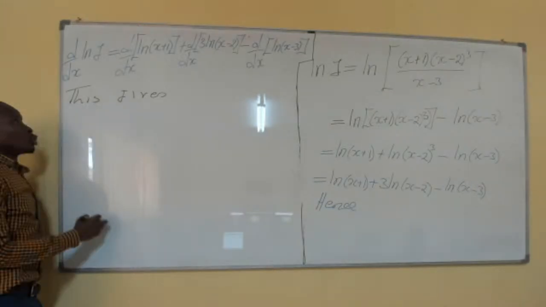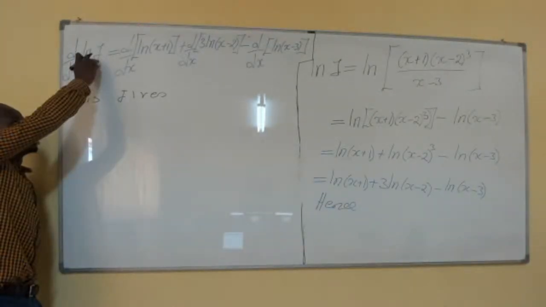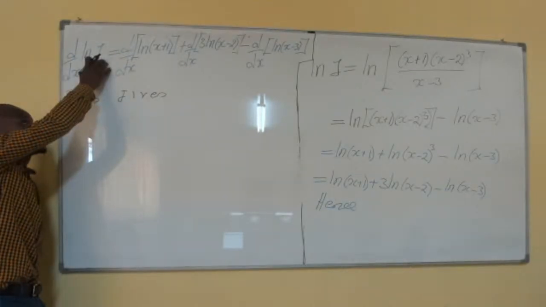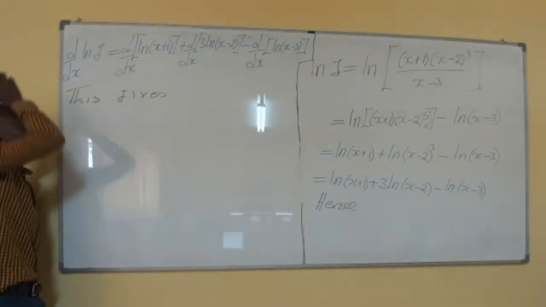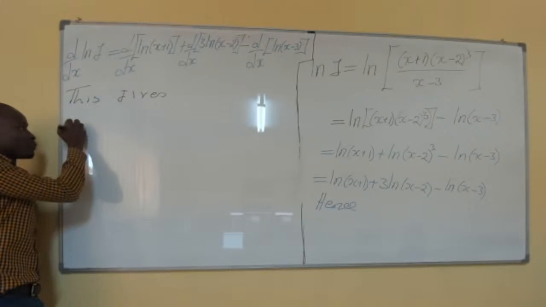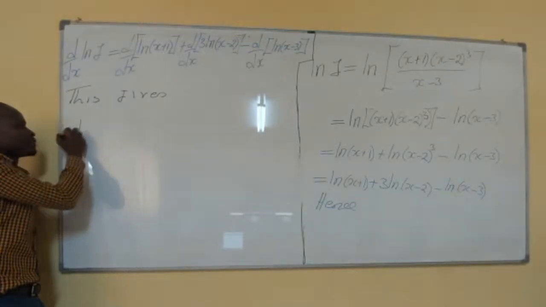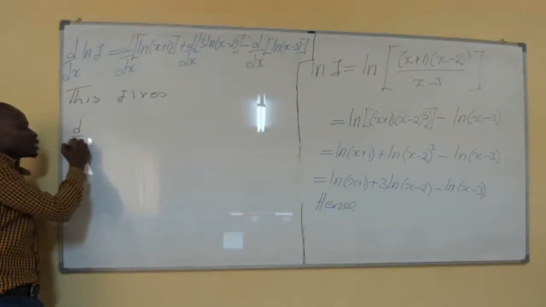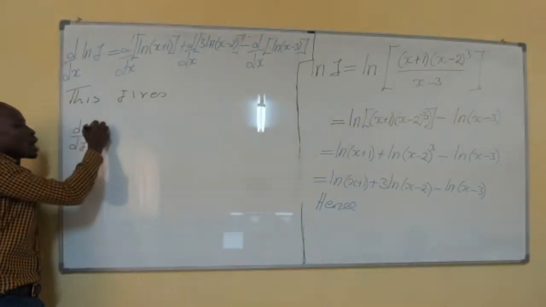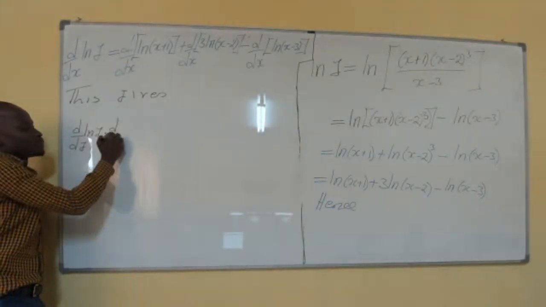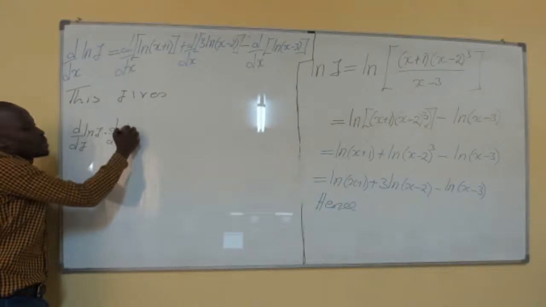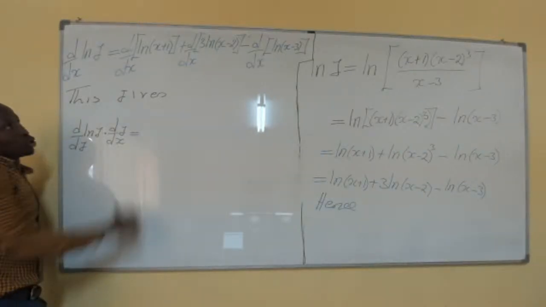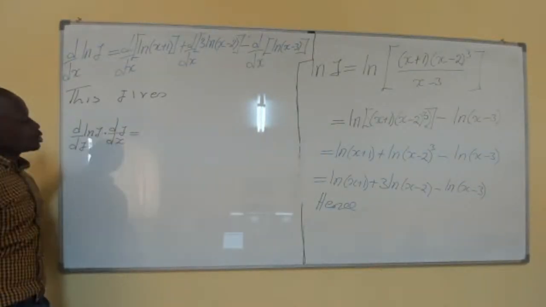We are going to differentiate ln of y with respect to x. This is an implicit function because y is a function of x. So what we are going to have is the derivative with respect to y of ln of y times the derivative with respect to x of y, which is equal to